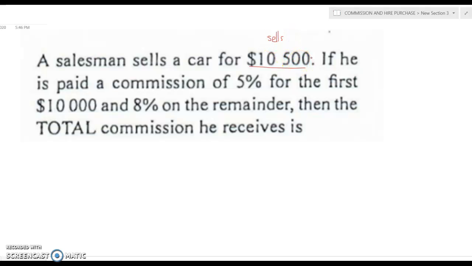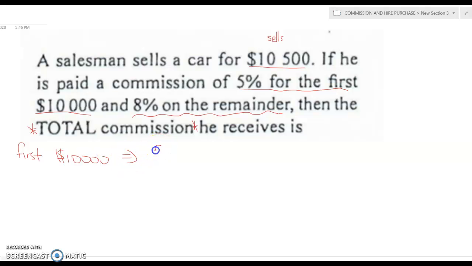If he is paid a commission of 5% for the first 10,000, so read it carefully here, 5% for the first 10,000 and then 8% on the remainder, calculate the total commission that he receives. So the car is $10,500. He is paid 5% on the first 10,000. So let's just write first 10,000,